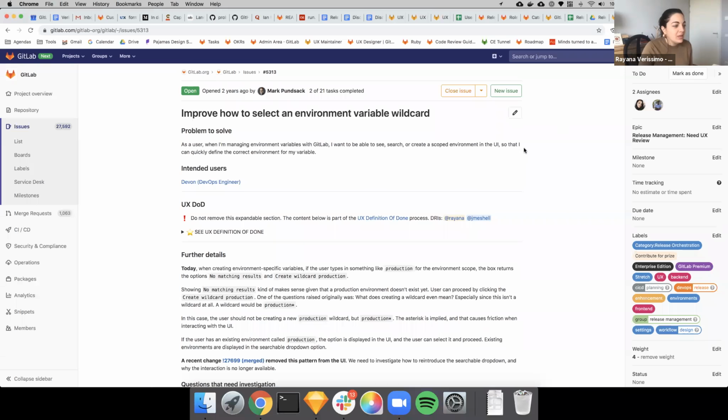All right, cool. So this one, I completely changed the scope of this issue because the description, everything, was from 2 years ago. And we had designs that I think Chris and you worked on a year ago, but they were outdated and Pajamas moved, so I just had to redo everything. But while I was working on this issue, the scope was initially to make it more visible, or just easier for people to select an environment wildcard